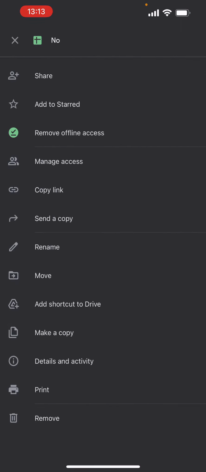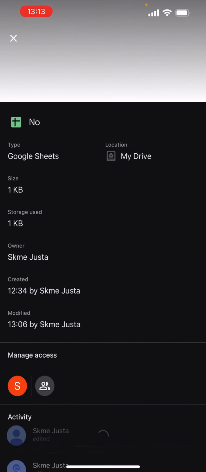Here you have to scroll down all the way until you find an option called Details and Activity. Click on that, and here you have in the first column in the fourth row, the title called Owner, and as